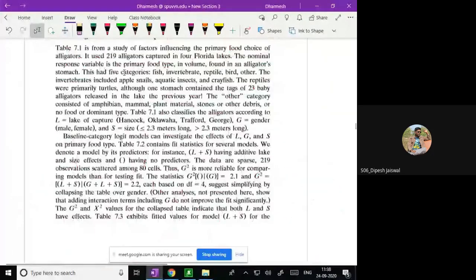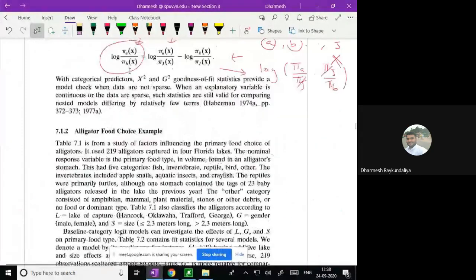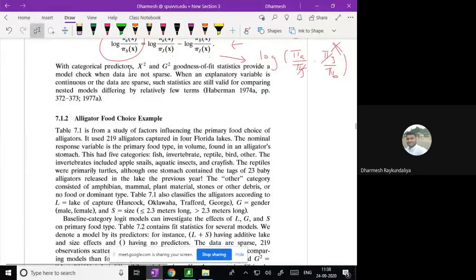Any questions? It's very simple. Multinomial logistic regression model. First you have to understand the nature of the variable. Once the nature of the variable is in your hand, and it is clear that the response is multinomial, then we can apply the multinomial logit model. What is the other name? It is a baseline category model. How to write the model? Yes, we have written the form. Then how to obtain the probabilities? Yes, we have given the form of the probabilities.